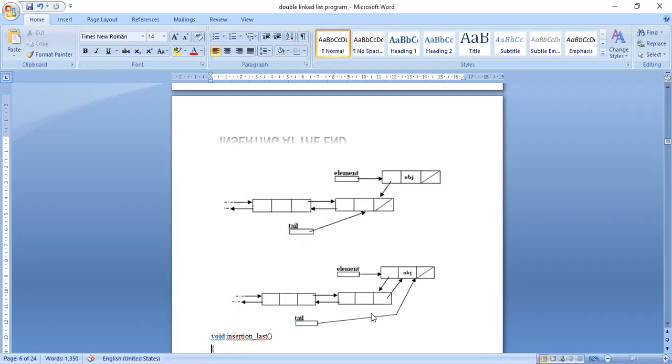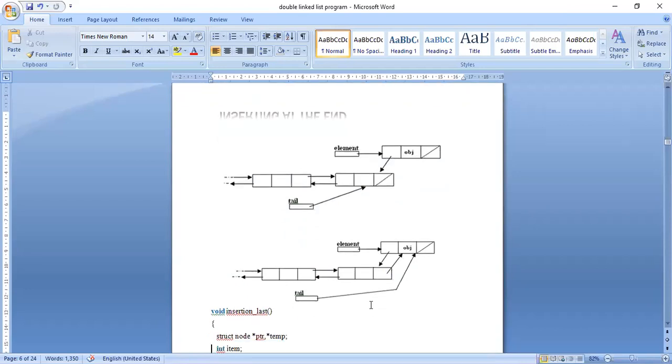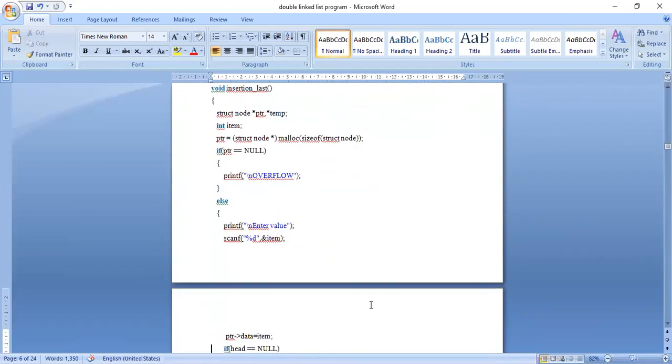How will I know the last node in a single linked list or double linked list? How will we know that some node is the last node? I will identify it by seeing the next part, that is the next address in the last node, as null. Until then, I will be traveling only. So you can see, that I have done. These 10 lines are the same for anything.